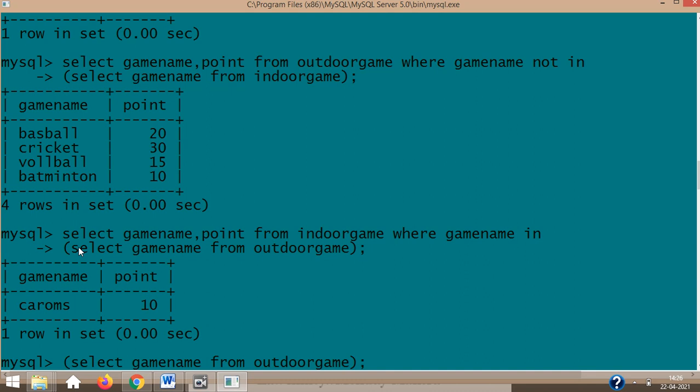How to do that? Let's go back to our DPT and EMP. Select star from DPT. Select star from.